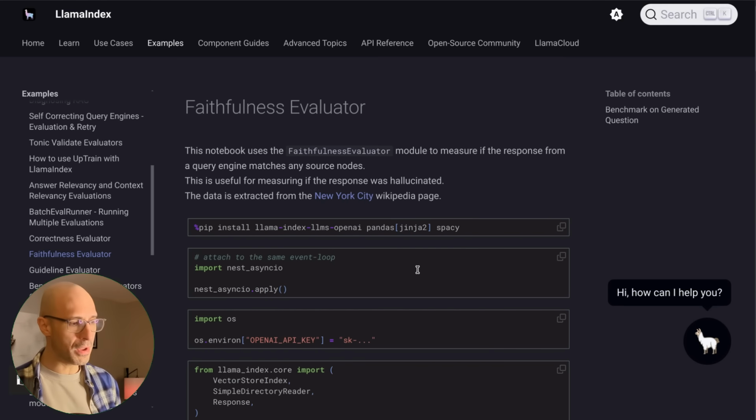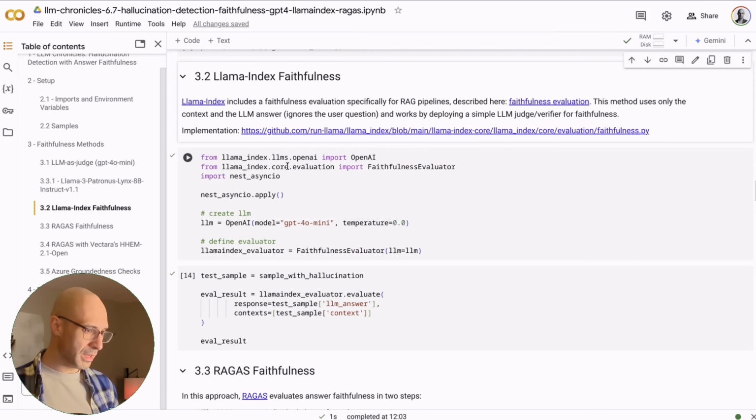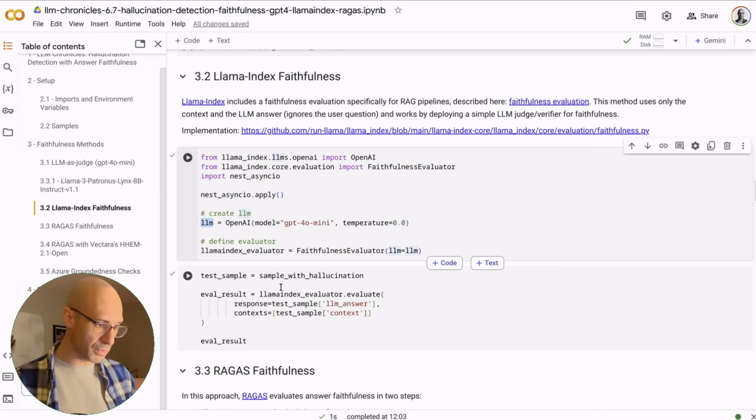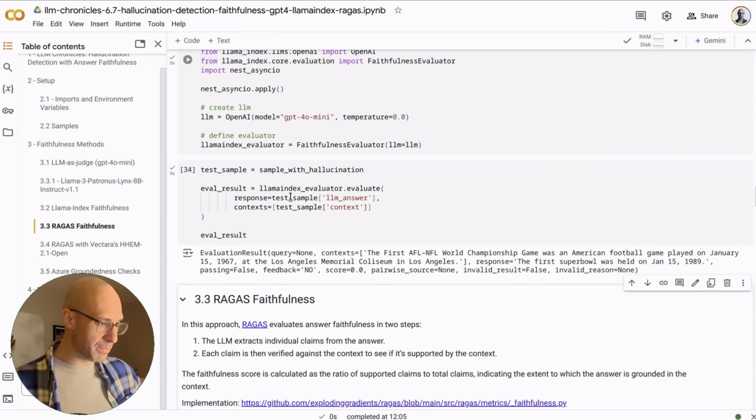And obviously here we are interested in the faithfulness evaluator. It's really simple to use. From Llama-index, we import the faithfulness evaluator. Here again, I'm using gpt4o-mini. Feel free to change it, for example, with gpt4o and see how this changes. So I instantiate the evaluator with the judge LLM that I want to use, and then we run the particular